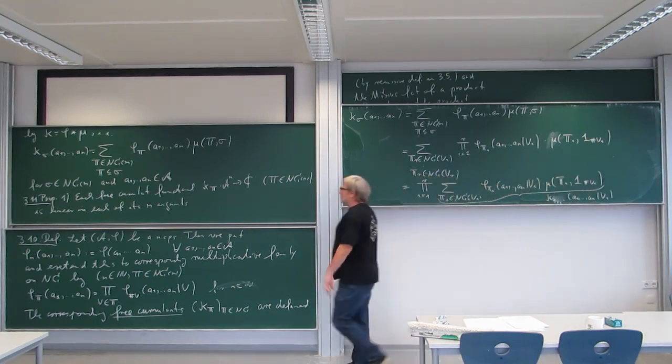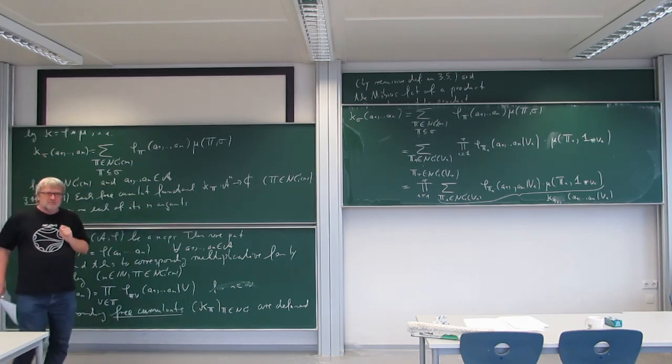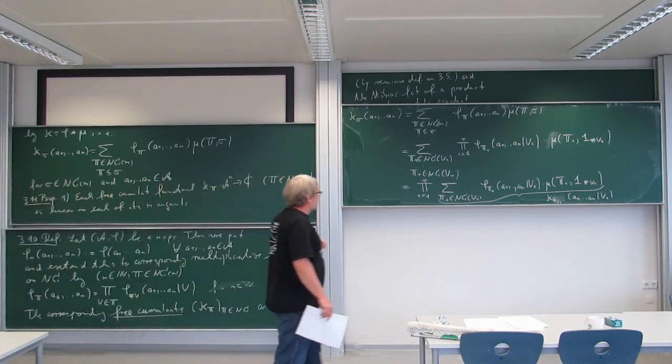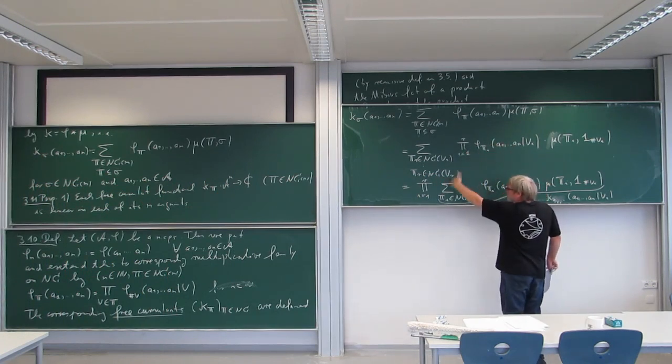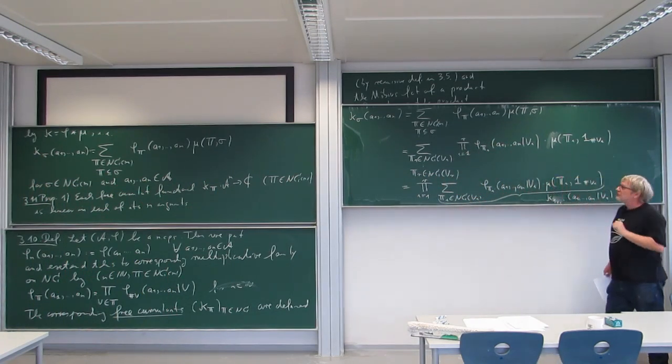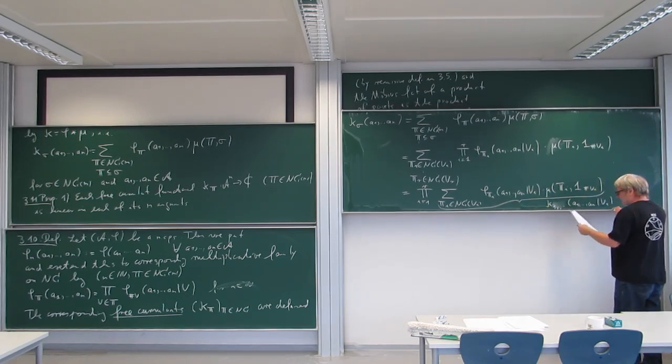So by the same formula, this is just the formula if I choose for sigma the partition 1 for the interval vi. So you see, everything factorizes into the corresponding sums for each of the blocks of vi, and I get here just the product of all those. So what I get,